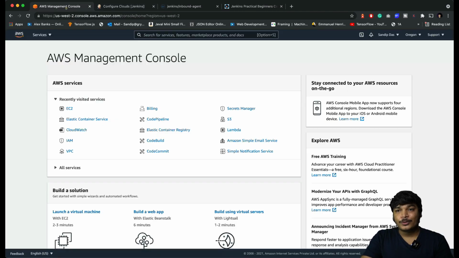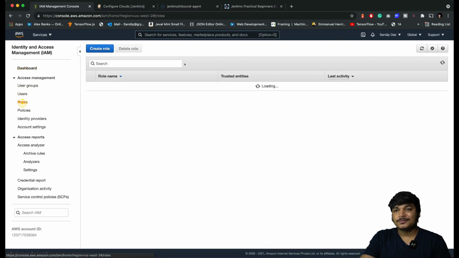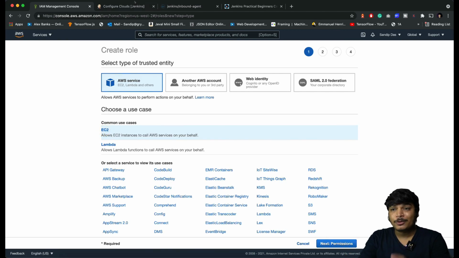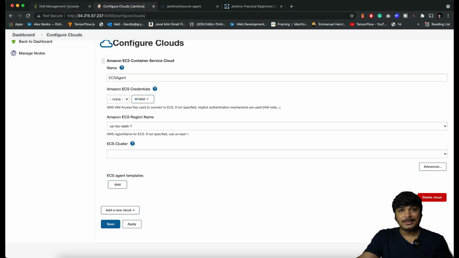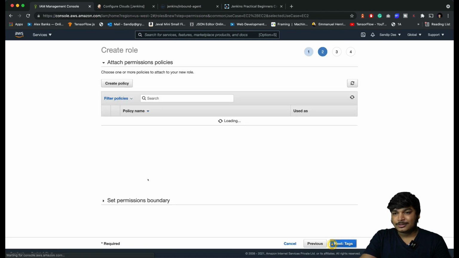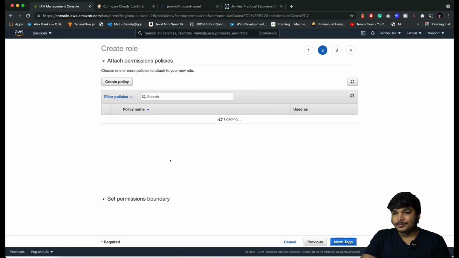The securest option is to go to AWS console. Like if you log in into AWS, you will see this screen, and there come to IAM. Now click on roles, click on create role, click on EC2, because you are giving the access to the EC2 instance, because this Jenkins master node is running inside an EC2 instance. That's why I will create a role for EC2. Now if you are not running inside EC2, running in other cloud, and you are going to utilize the ECS like this, then you need to go for the previous option I've just shown. Okay, so for this one, just select EC2 and next, then wait for it to load.